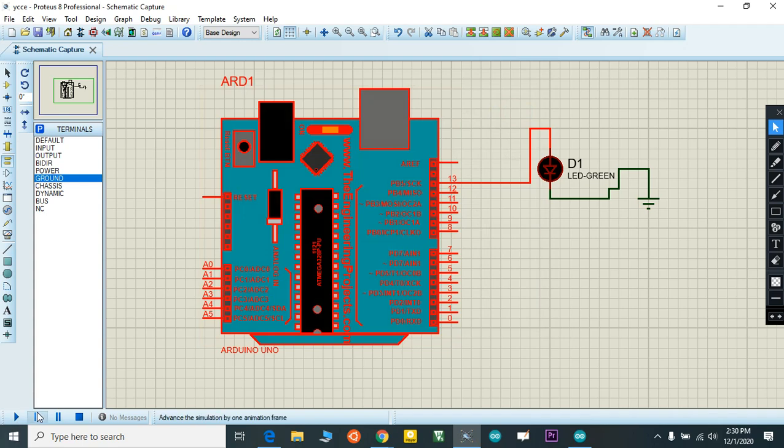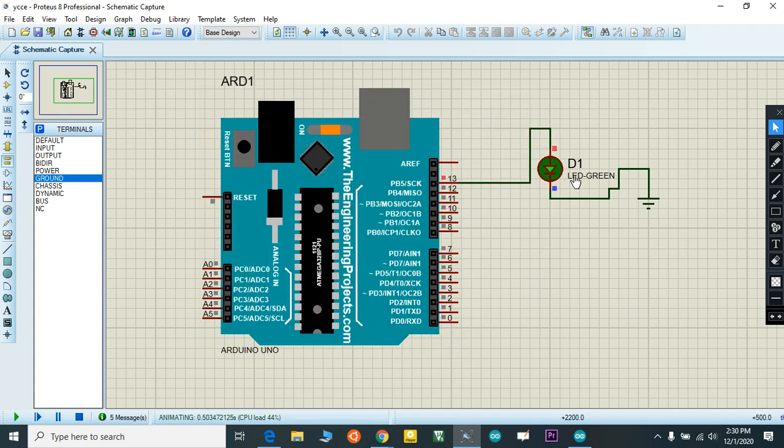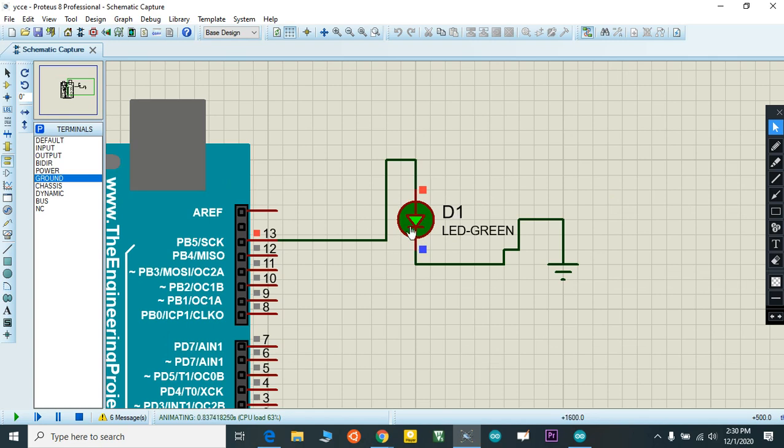Okay, then start your simulation. You can see here the LED starts blinking. After 1 second it will turn off. Again after 1 second it starts blinking.